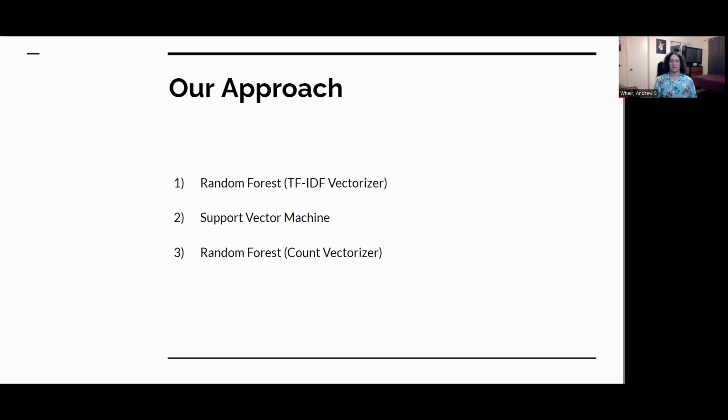The 2 types of algorithms we used were random forest. Random forest classifiers use an ensemble of weak learners that vote on each data set given, and so they become a strong learner together. And a support vector machine, which slices data to find the distinction between them using hyperplanes. And so in the end, we used 3 different types. We did a random forest with TF-IDF, a support vector machine with TF-IDF, and a random forest with the count vectorizer.